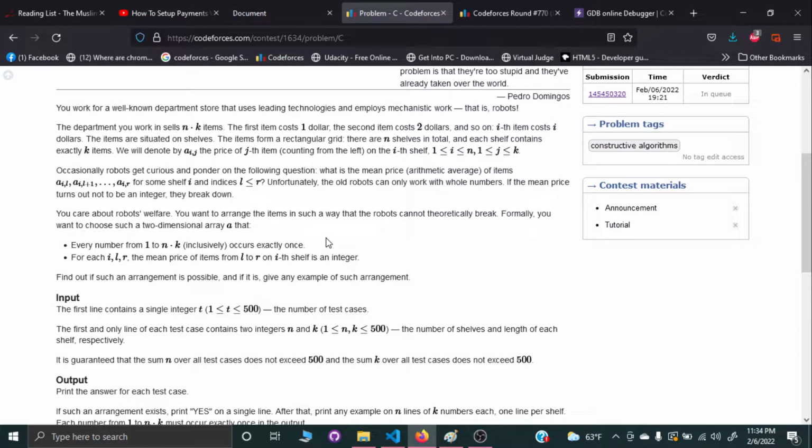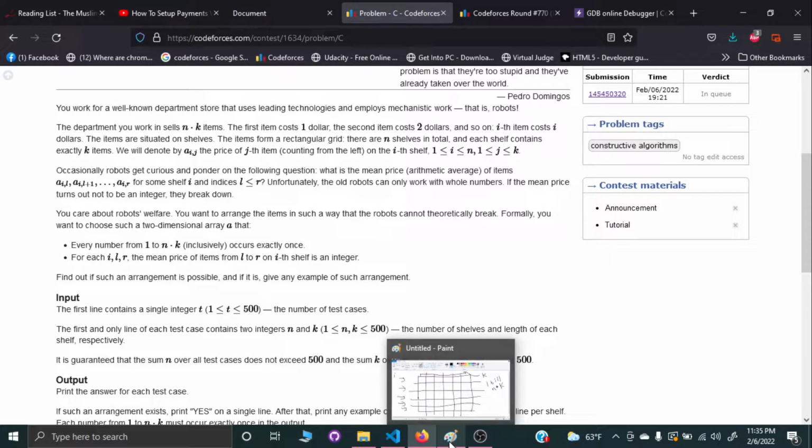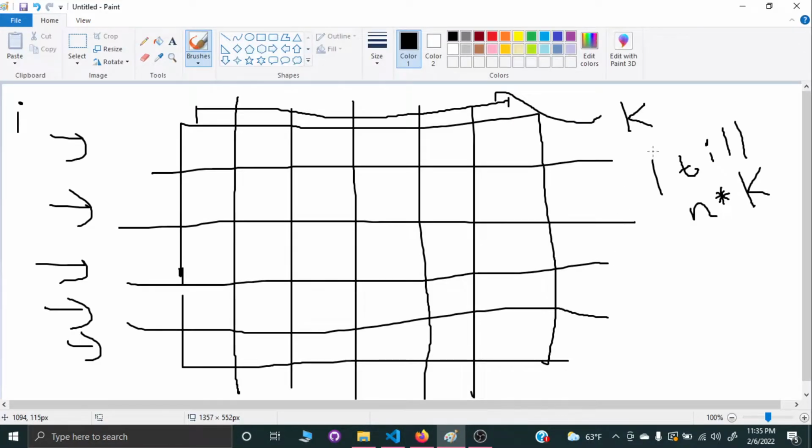In this problem, basically you're going to be given an n times k grid consisting of values from 1 till n times k. Each value should occur inside this particular grid exactly once. And you have to say whether you can make a grid like that, where there will be n times k different values from 1 till n times k, such that for each and every row,